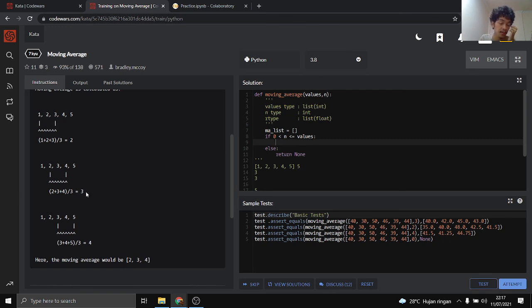So the loop will only happen for e in range of length of the values minus n plus 1, right? Yeah, it will only move 3 times. 1, 2, 3. It will only have 3 values. Yeah, 3 loops. And I need to append